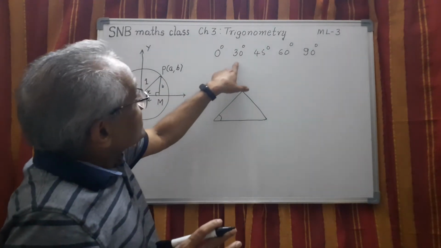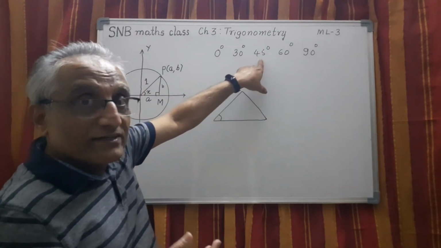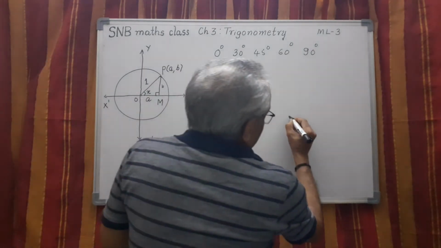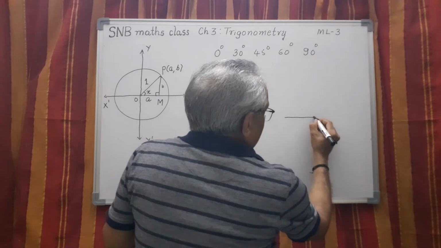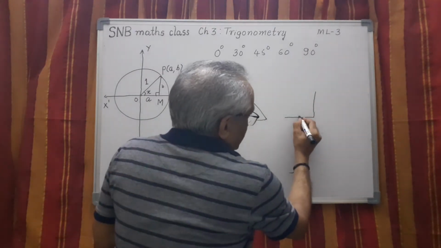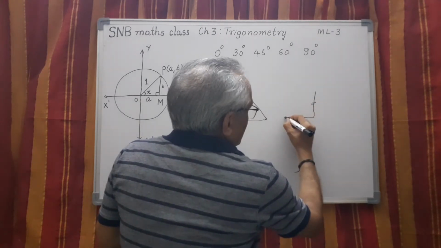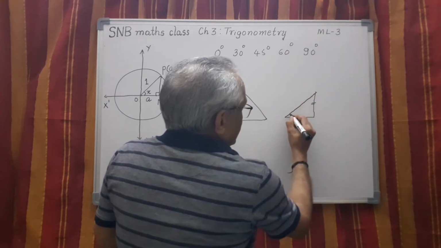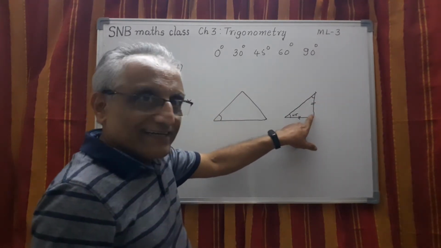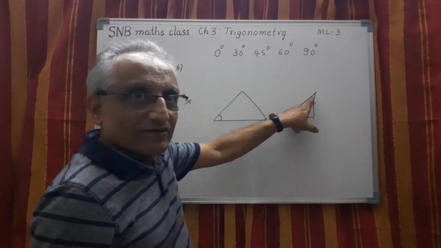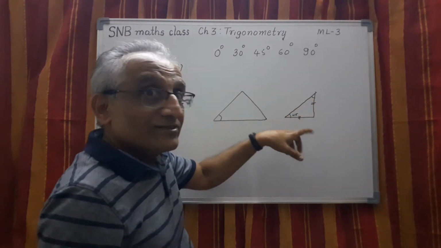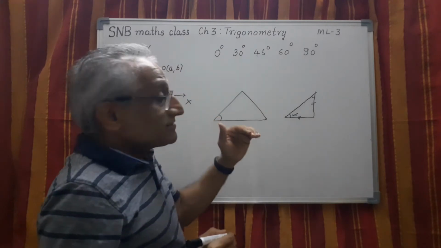So 30 degree. The same way we can construct 45 degree also. What is the trick of constructing a 45-degree angle? For example, you take one line segment, draw a perpendicular here. So then see that these 2 are equal. If you join this, this is also 45, this is also 45, because this is already 90. The sum of the other 2 must be 90. Each one must be equal because these 2 sides are equal. So this is the way we can construct some of the angles.